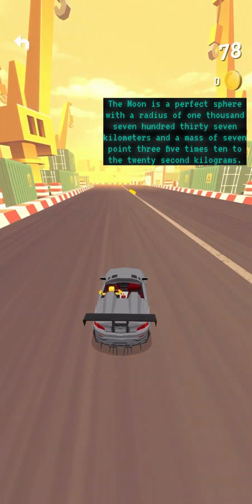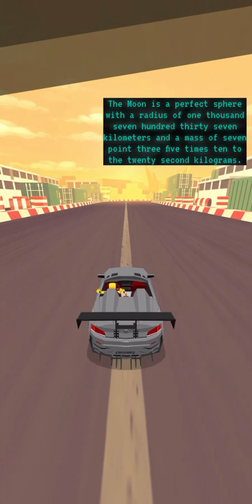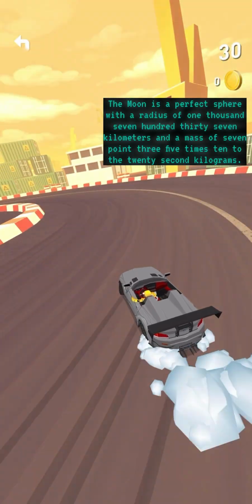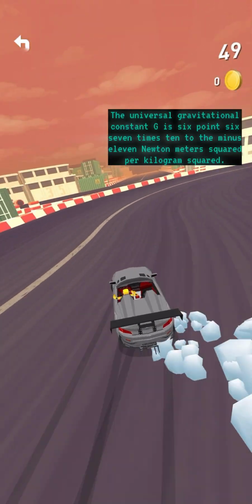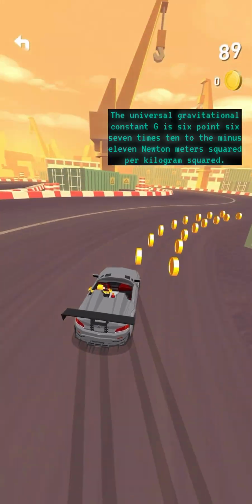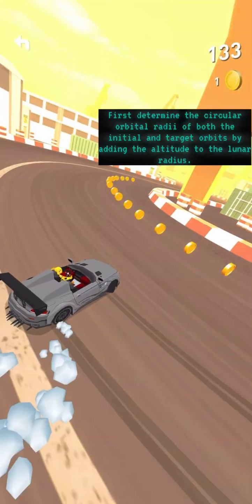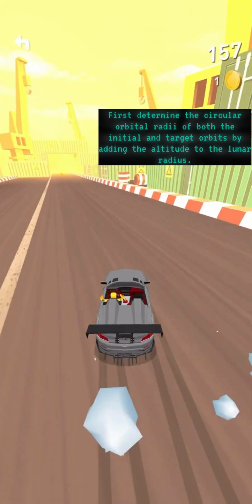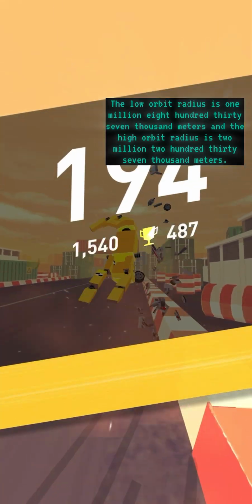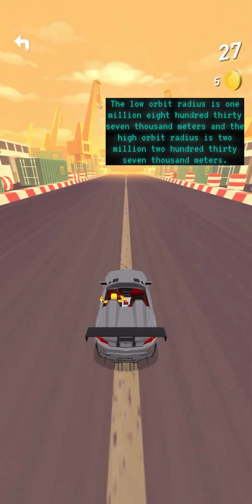The Moon is a perfect sphere with a radius of 1,737 kilometers and a mass of 7.35 times 10 to the 22nd kilograms. The universal gravitational constant G is 6.67 times 10 to the minus 11 Newton meters squared per kilogram squared. First, determine the circular orbital radii of both the initial and target orbits by adding the altitude to the lunar radius. The low orbit radius is 1,837,000 meters, and the high orbit radius is